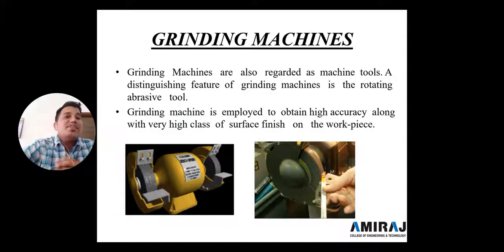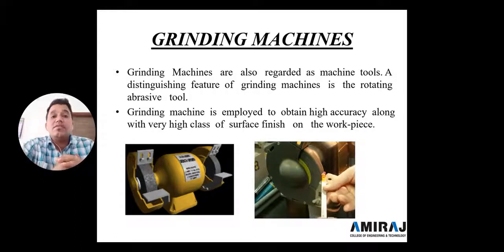As shown in the workshop, for a lathe tool, to shape the rake angle and back angle, we use the grinding wheel. Particularly, a grinding machine is used to grind the surface for high accuracy of surface finish and for the final finish of the workpiece. So in all kinds of single point cutting tools or multi point cutting tools, if we want to do the final finish, then we use a grinding machine.